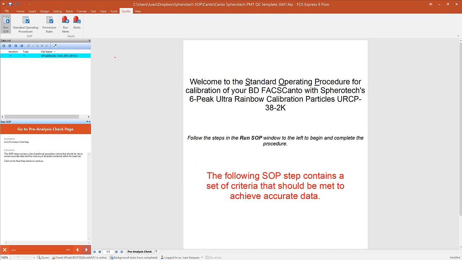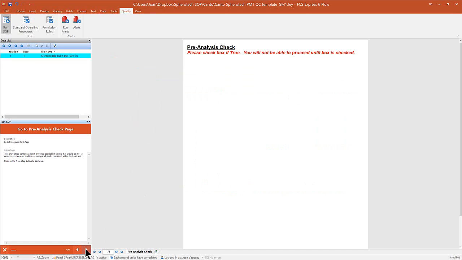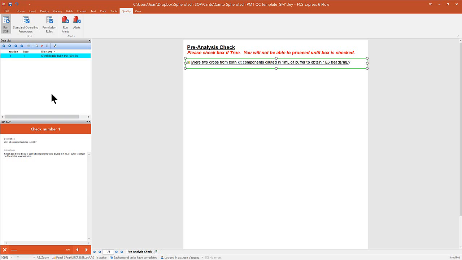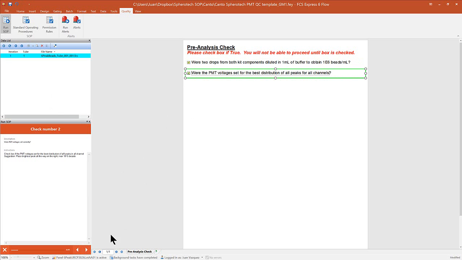Okay. So as I move forward, you'll see now that I'm at a step where I actually need to do something to allow me to go to the next step. So now if I just hover my mouse over this right arrow, you'll see now that it says cannot move to step. The reason it won't allow me to move to step is because I just need to verify that this particular step has been performed. Okay, so once I click that, now I can go on to my next step, and then again I could just verify whatever the steps are for this SOP and then just move on. Okay,